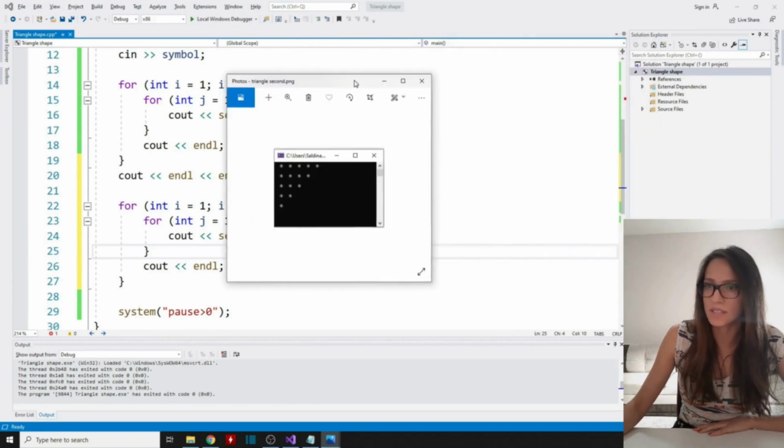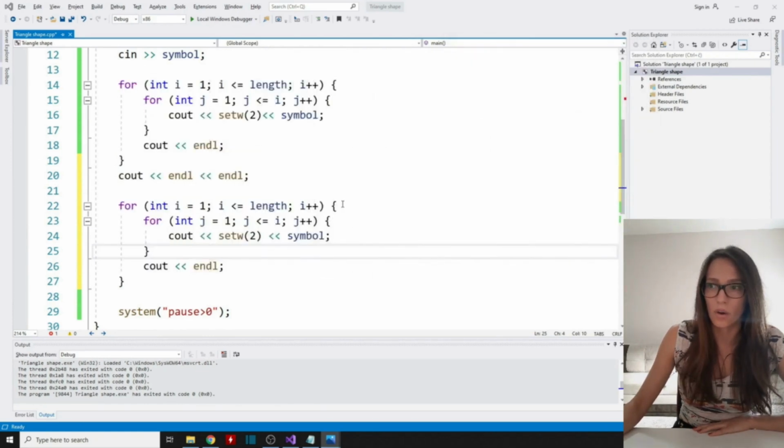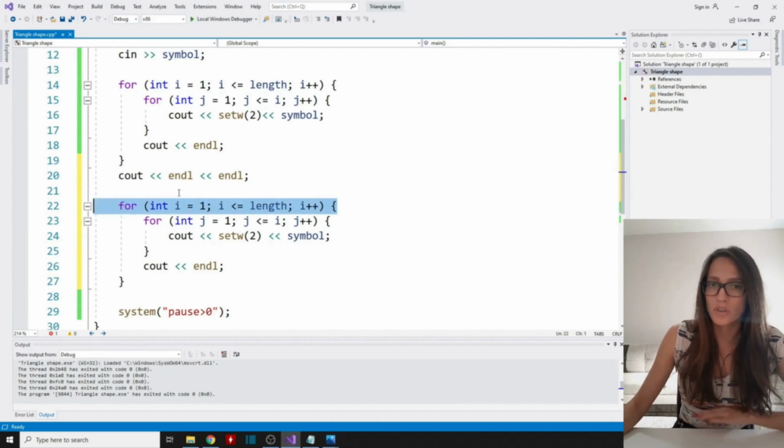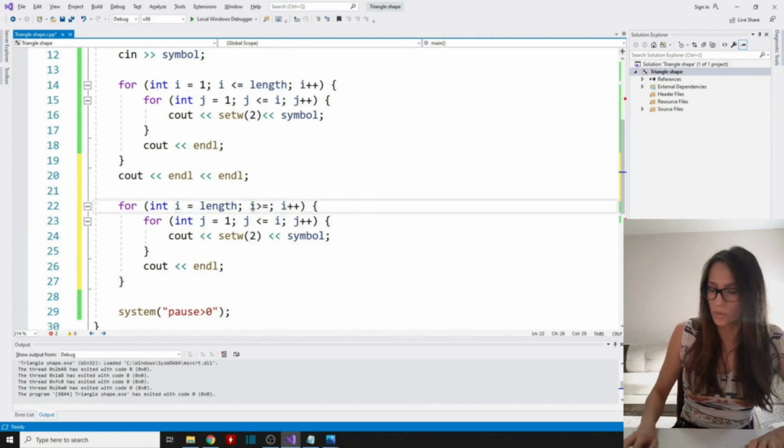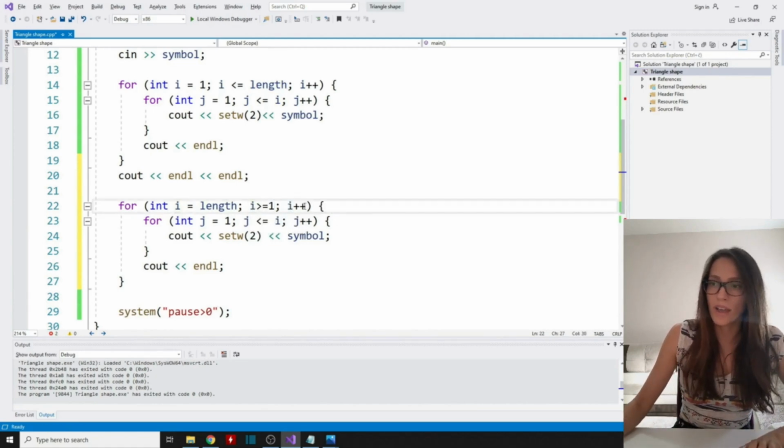So if we change our outer for loop, we should get that reverse triangle shape. So it goes from length, like this, and it goes while our I is greater than or equal to 1, and then our I decreases in each iteration, so it decrements. And now, if I run my program,